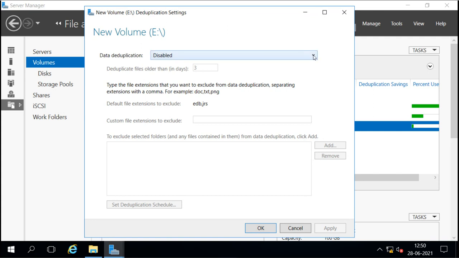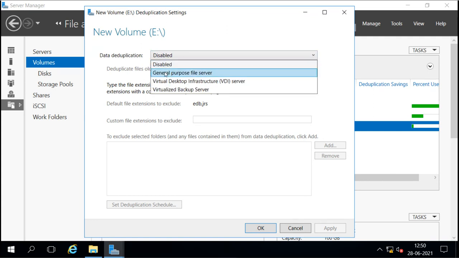Now when you drop this down, you see these options. First, general purpose file server. This is to enable it just for file server purposes. Or suppose it is a virtual desktop infrastructure server and the data is stored from virtual disks, or if it is a virtualized backup server.